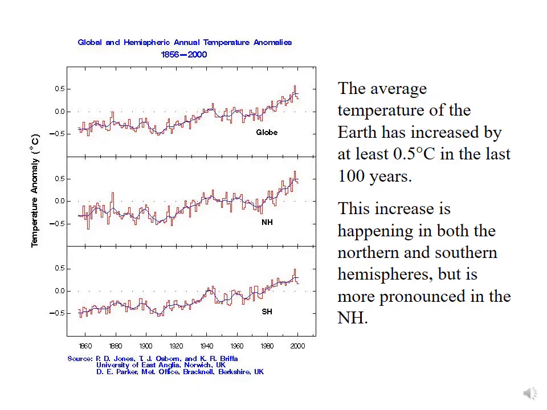So what do we know about the temperature of the Earth? And here we're looking at the global and hemispheric annual temperature anomalies. So these are temperature anomalies from the average. And so the average temperature of the Earth really has increased by about 0.5 degrees Celsius in the last 100 years. And what this data is showing is that the increase is happening in both the northern and southern hemispheres,